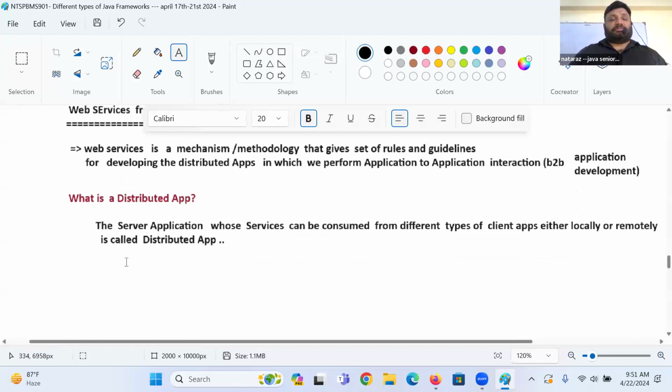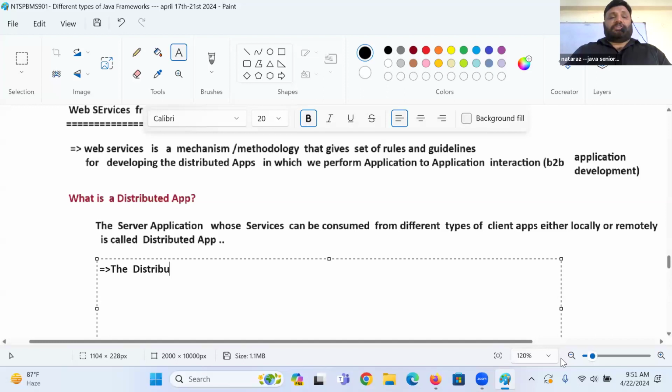The distributed application can have different types of clients.